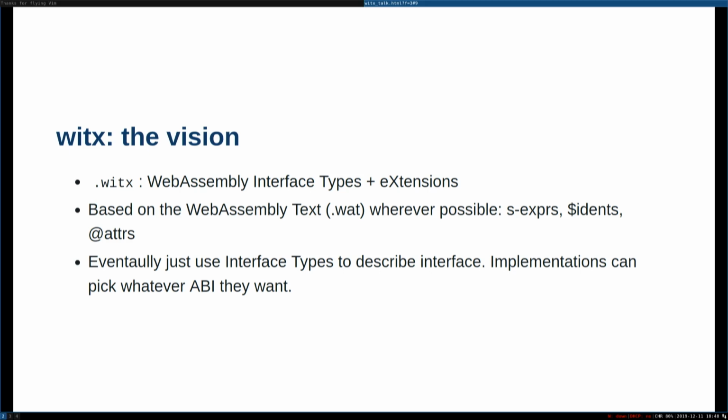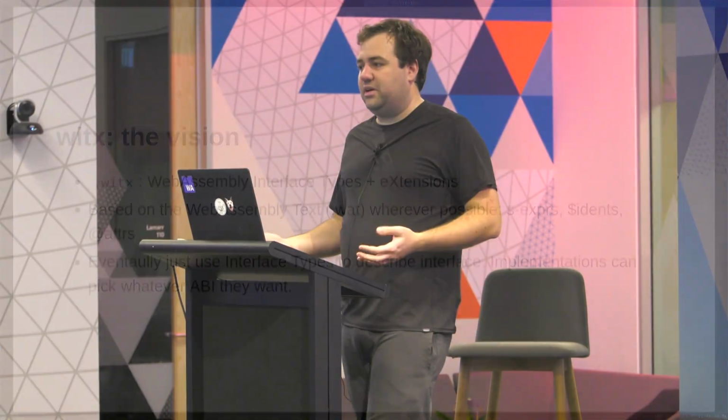Interface types doesn't have a concept of giving types a name, because it just happens to be a detail of the way the WebAssembly type system works, that all types are structural. If you have a struct with those fields, it's equal to any other struct with those fields. That's actually a really good feature in a system like WebAssembly, but it makes it hard for you to know how to generate your C header or your Rust module and know what name to give to that struct, because it's just sitting there as its structure. So we want to keep names around, and that'll eventually be the only extensions, I hope.